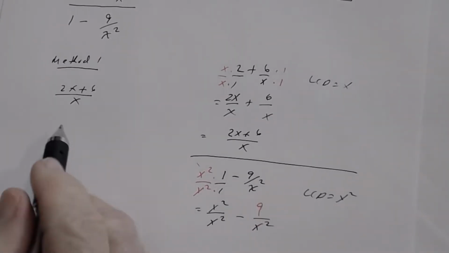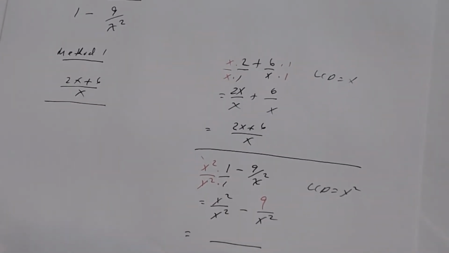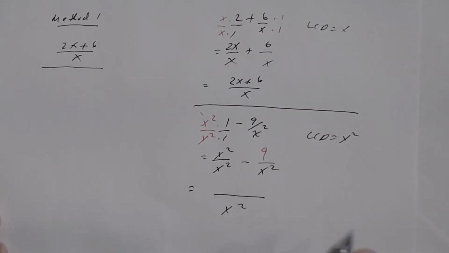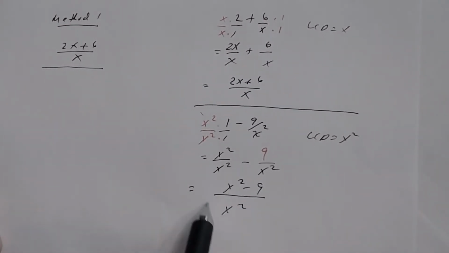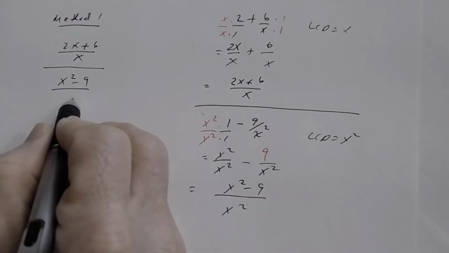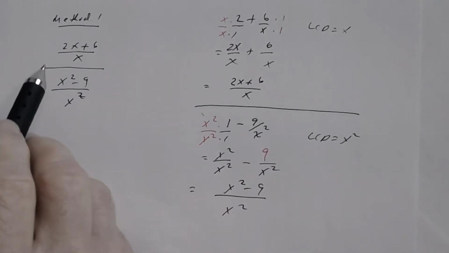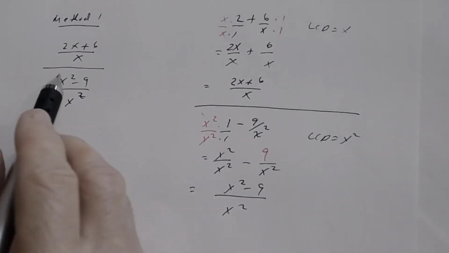Okay? And so therefore I can write this as one rational expression. So x squared is my denominator, and so I get x squared minus 9 divided by x squared. So now once you write it as a single fraction divided by a single fraction, then you change this to